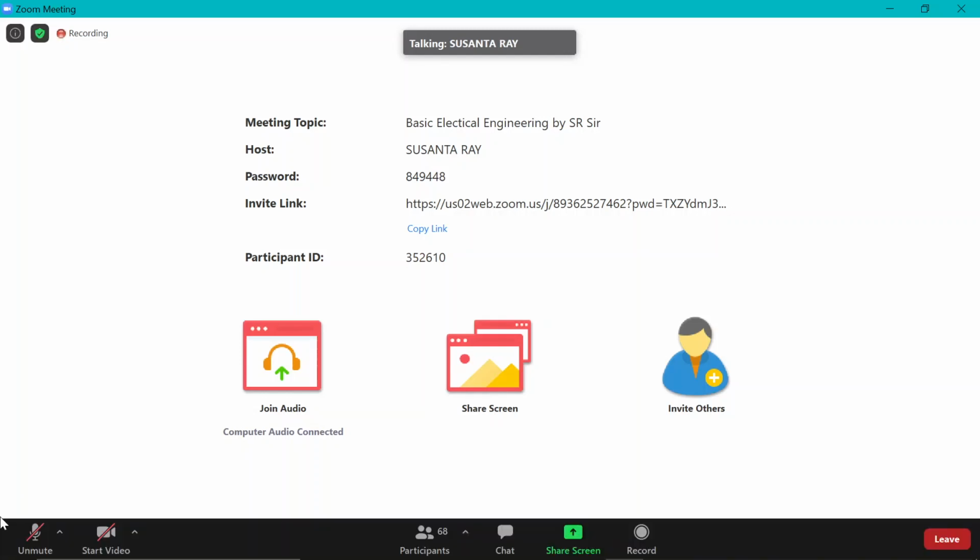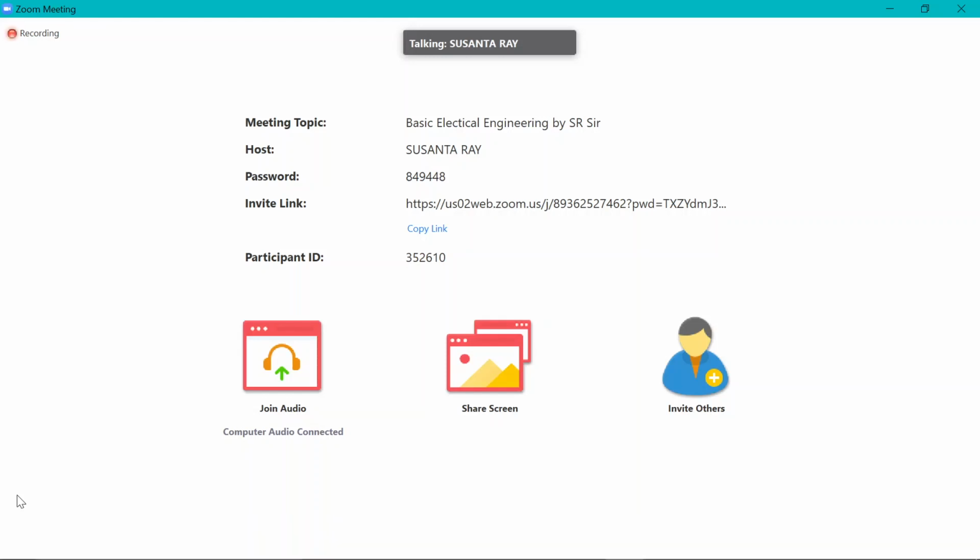I asked you to rename yourself in a proper format, like the last 4 digits of your class roll number followed by your name. But many of you are not following this format. I don't know why. So from the next class onward, try to follow that format. Many of you have followed that format; in the participant list, they are at the top, and those who haven't followed